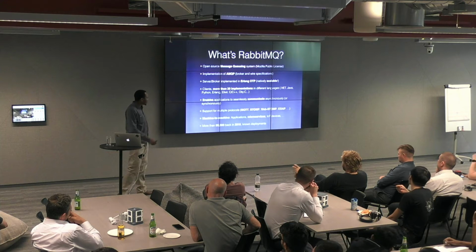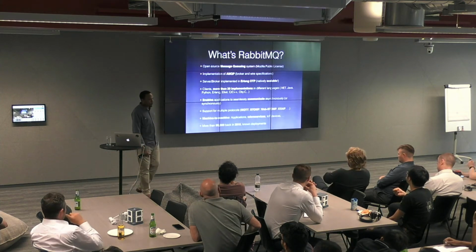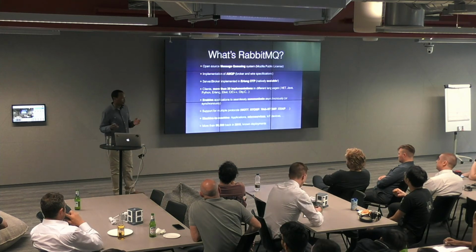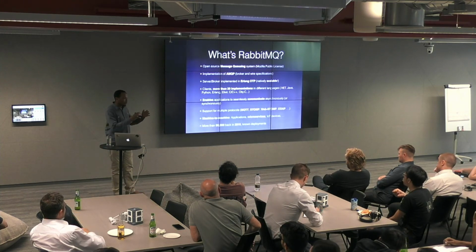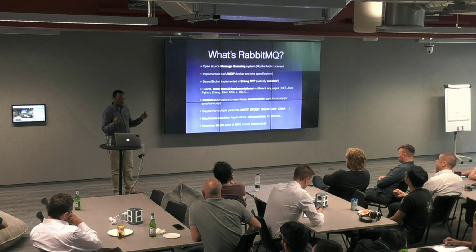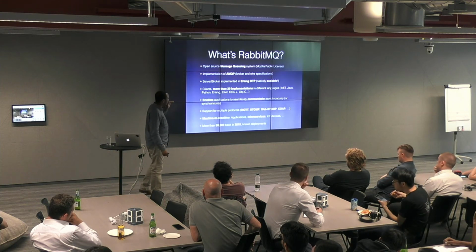It's an implementation of AMQP. The AMQP protocol specifies two sides. One side defines how the broker or the server should operate, and the other side defines the wire specification, basically the transport: the message payload over TCP, and how that is going to be formatted. So AMQP is quite broad.